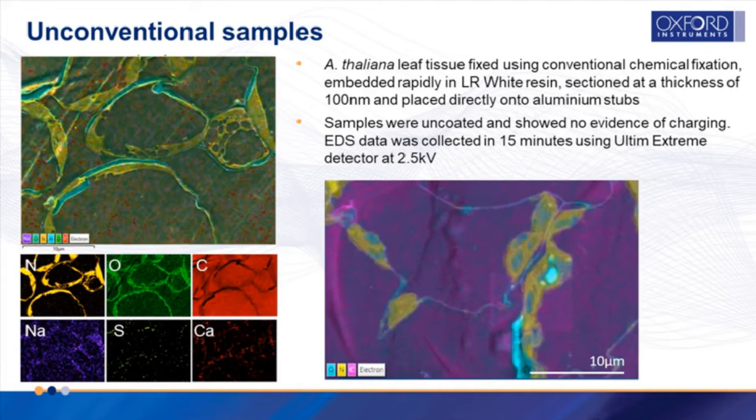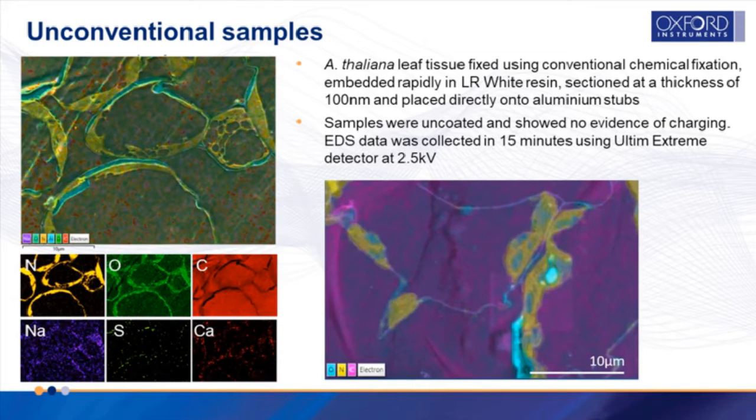On the right image we can see chloroplasts from leaf tissue. We can see that ultrastructural imaging using EDS maps is possible. These samples were not coated, but they were stable under low kV imaging conditions, which is only possible using the